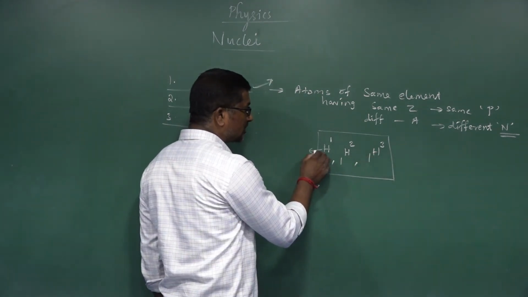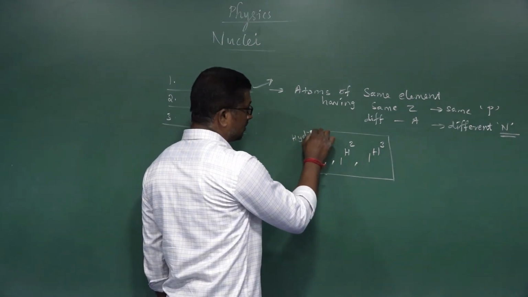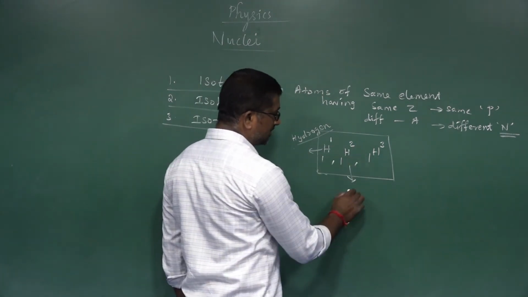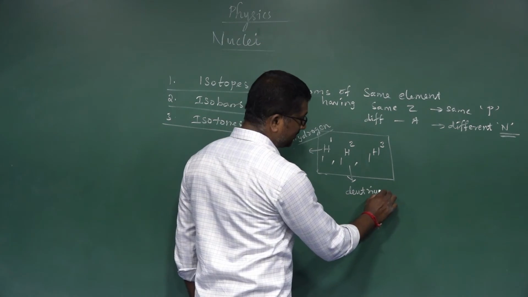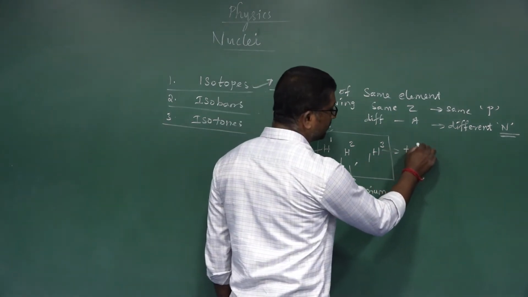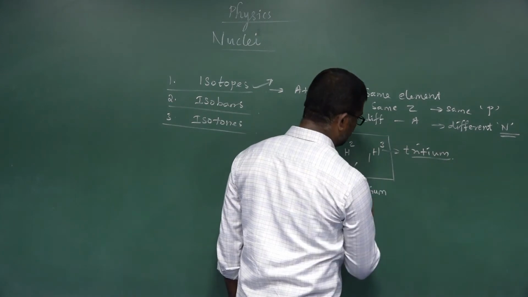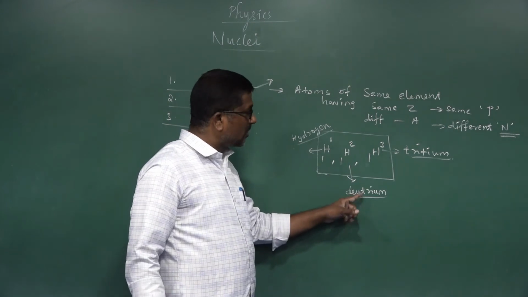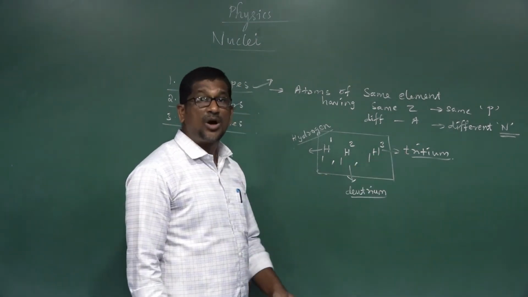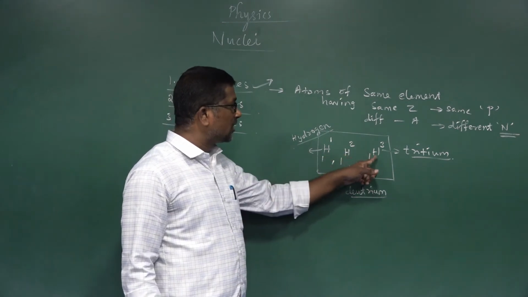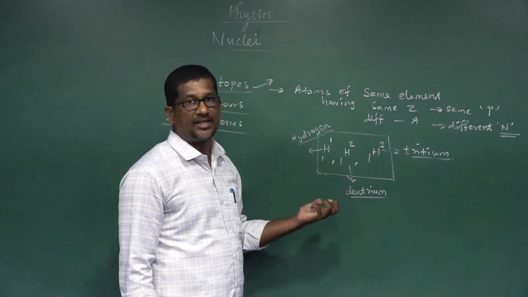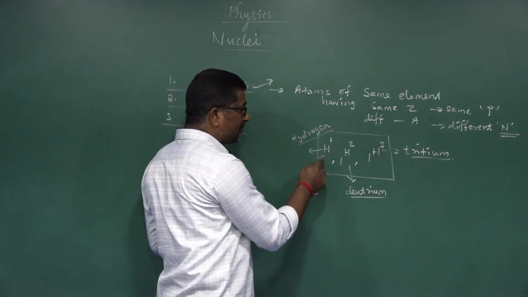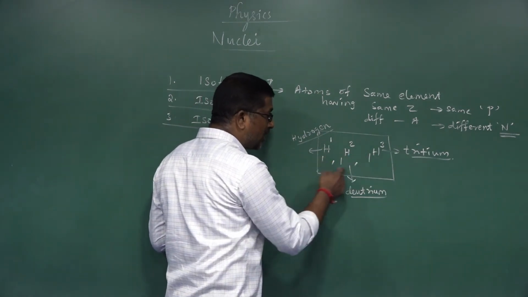Okay. Here 1H1 is called hydrogen and 1H2 means deuterium. Here 1H3 is tritium. So 1H1 is hydrogen, 1H2 is deuterium or deuteron, and 1H3 is tritium or triton. Here 1H1, 1H2 and 1H3, these three are isotopes of the hydrogen atom. Right. So in this isotope of the hydrogen atom, hydrogen, deuteron and triton have the same atomic number,